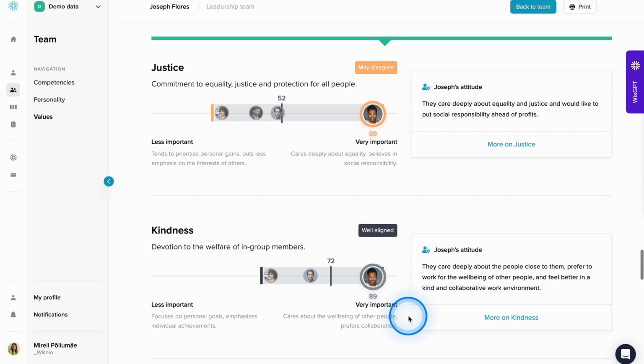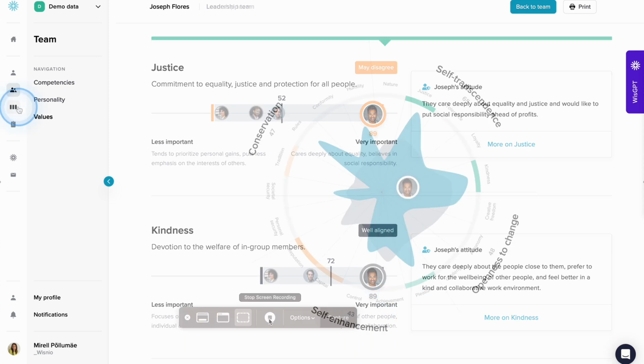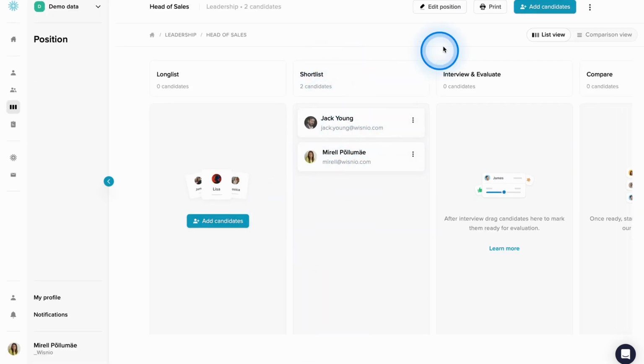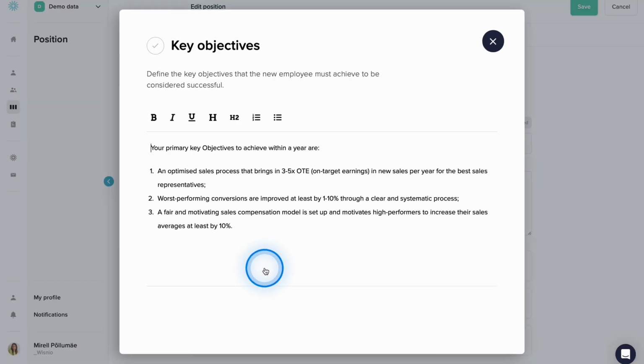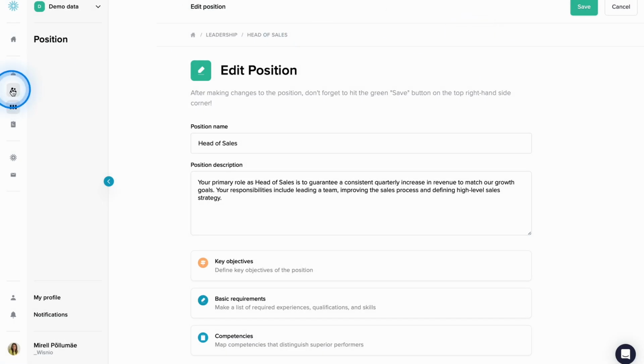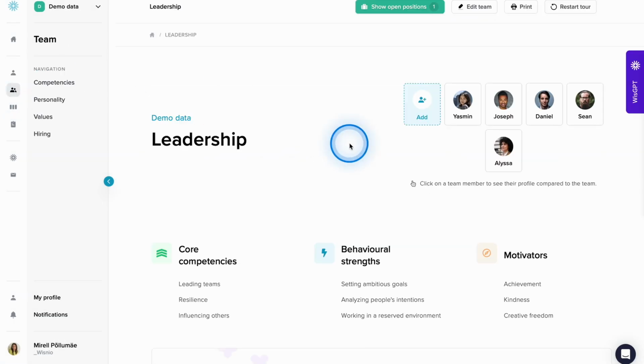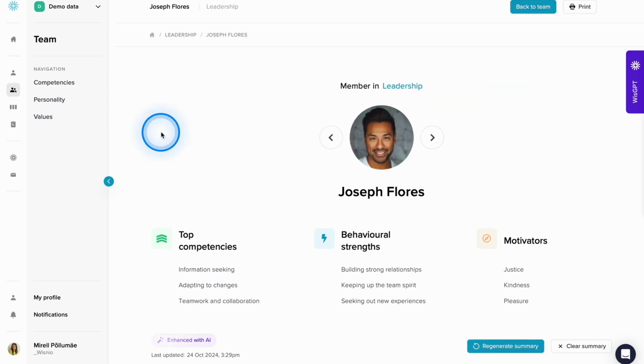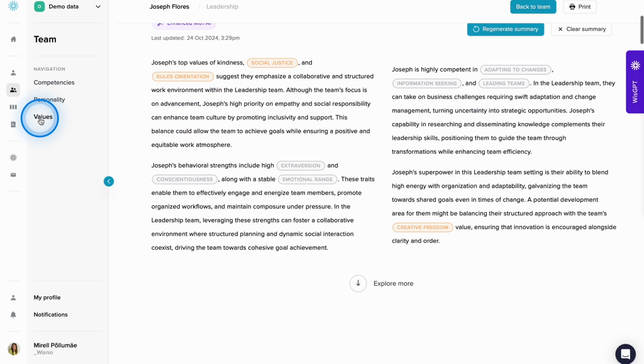Before diving into the team profile, ensure your new hire fully understands the key objectives of their role, as these are vital in shaping their understanding of their responsibilities. As you review the team data, keep these objectives in mind to identify any gaps or opportunities where their strengths can be leveraged. Start by opening the new team member profile in the team setting and reviewing the values map,